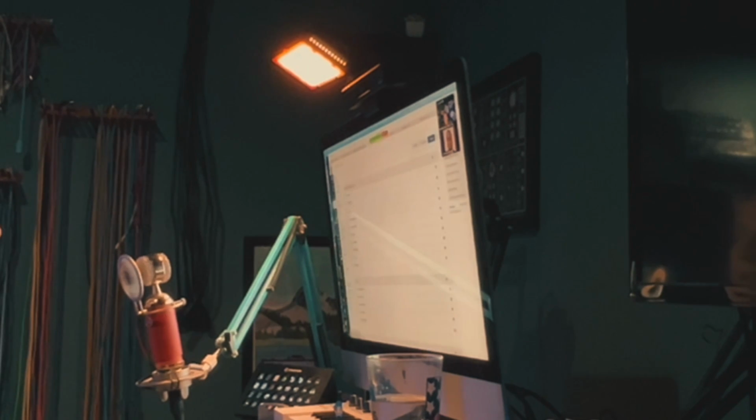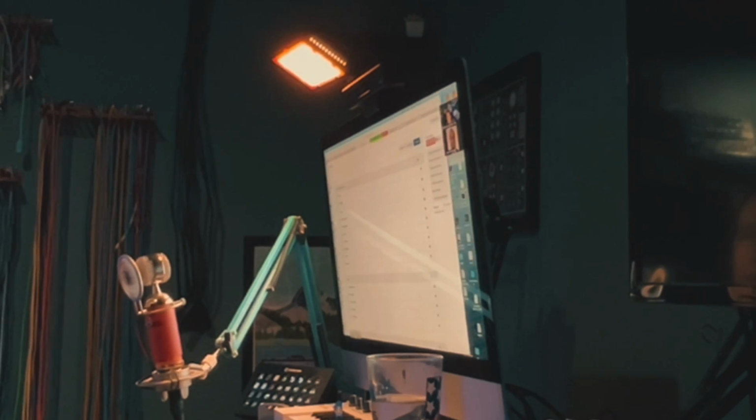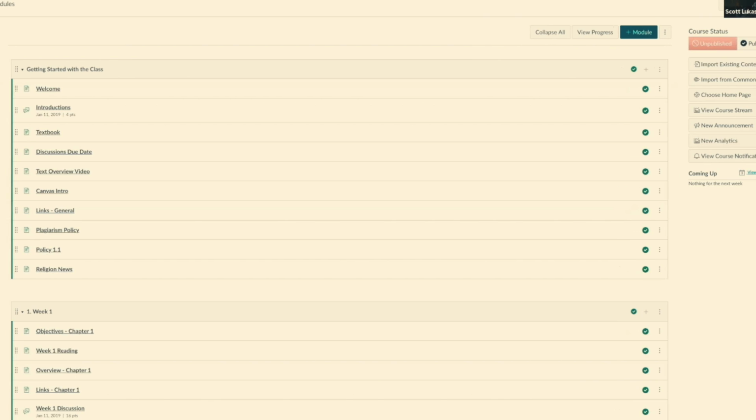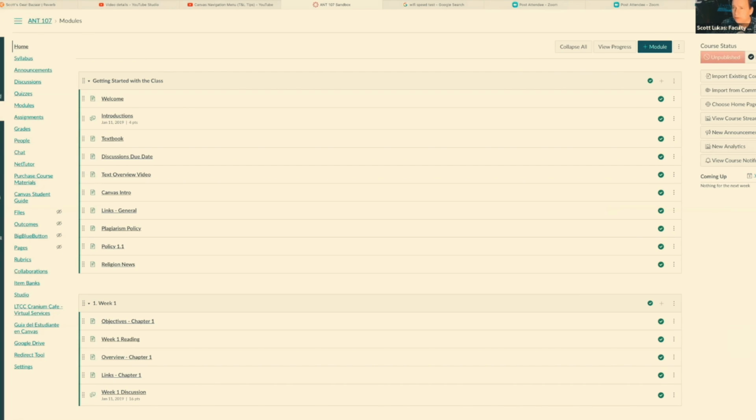And for me, I've been teaching in Canvas for all these years, but one of the confusing things about Canvas is just the fact that you have so many different menus to choose from. You have this menu here on the right that I generally say you're only using if you're importing stuff or choosing your home page. It's a lot of setup stuff. You can also click on the new analytics from here and click announcements from here. I probably would just do it from the announcements tool. So there's that menu on the right that typically, in my class, I don't use a lot of.